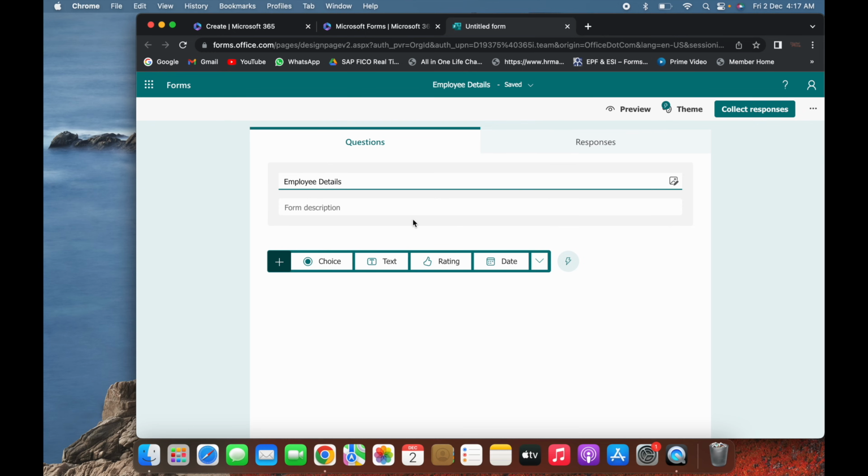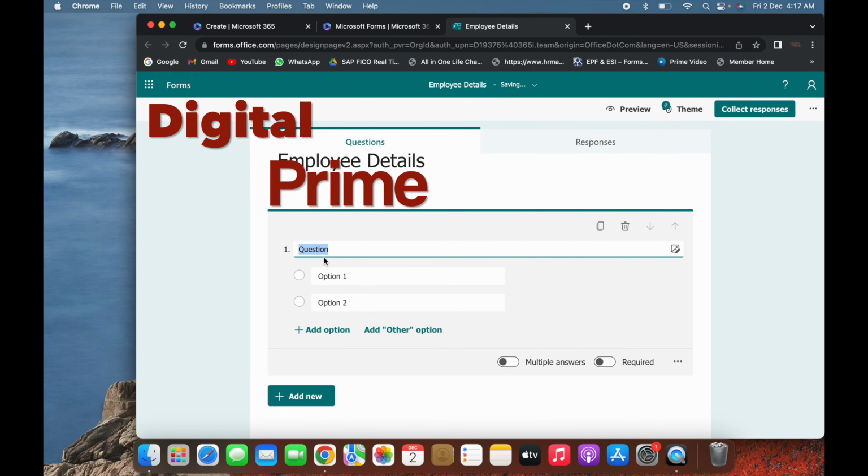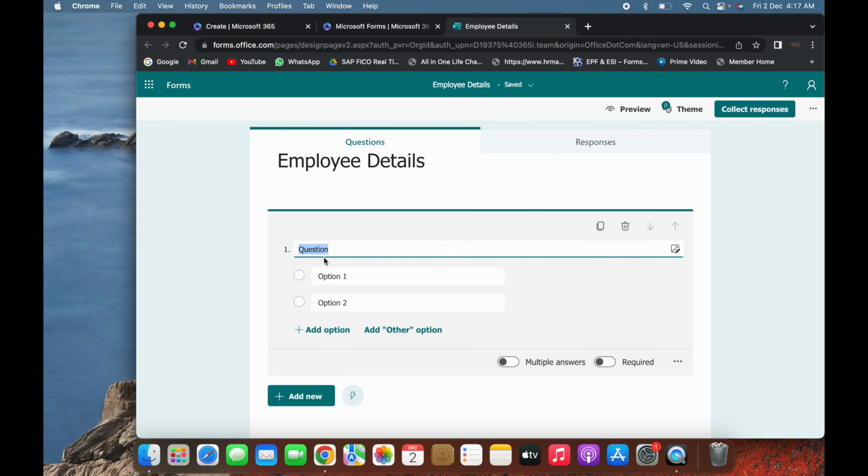Now, as we have given the form title, you can see some options appearing on the screen. Let's use these options one by one and see how we can customize our form and build it in a proper way. The first option we will use is Choice. Choice is used if you want to go ahead with a multiple choice question, like gender.